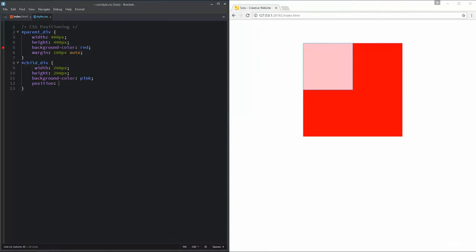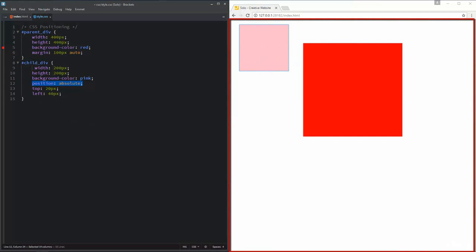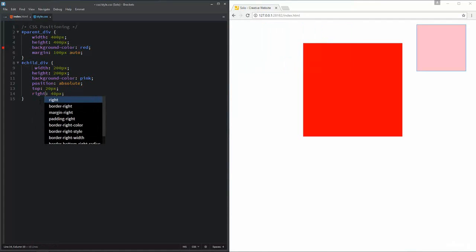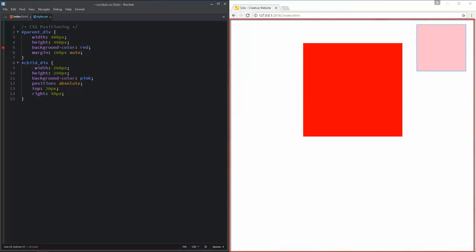Now I am going to set the position for this child element to absolute. I am going to specify the position value, and this time the position value is absolute. And let us do top 20 pixels and left 40 pixels again. So when I use absolute positioning, it positions this child div on the HTML page, I mean on your page, from the top 20 pixels and from the left 40 pixels. Let us change that left to right. And we can see that it is positioned on this web page.